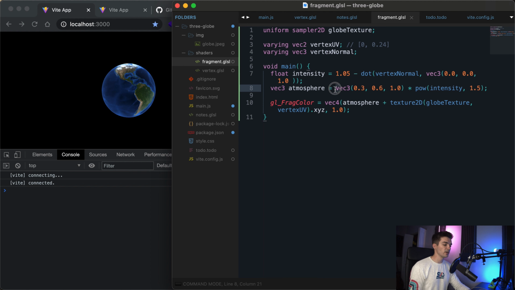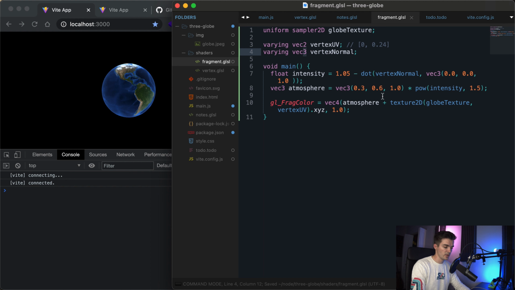All you really need to worry about is this vec3 right here. This is going to be the shade of color of your atmosphere. So you'll see if I were to go ahead and turn up our red to something like 1, we're going to start getting some pink in there because we still have blue as well. Now we have some yellow, but if I want this to just be pure red atmosphere, we can go ahead and give this a color of 1 for red, 0 for G, 0 for B. The atmosphere I think that looks best is this combination right here, so I'll go ahead and